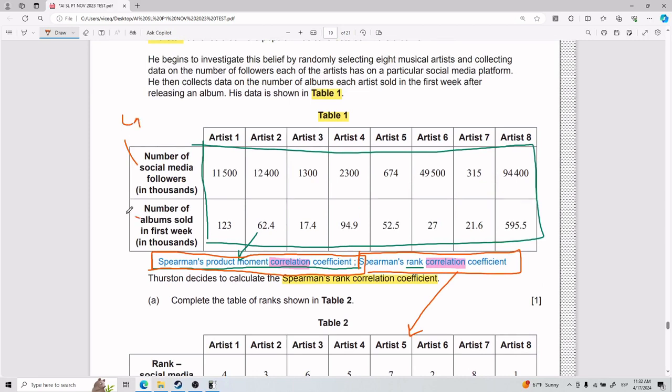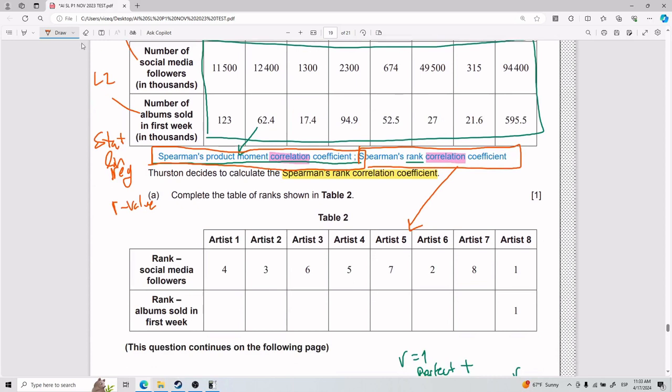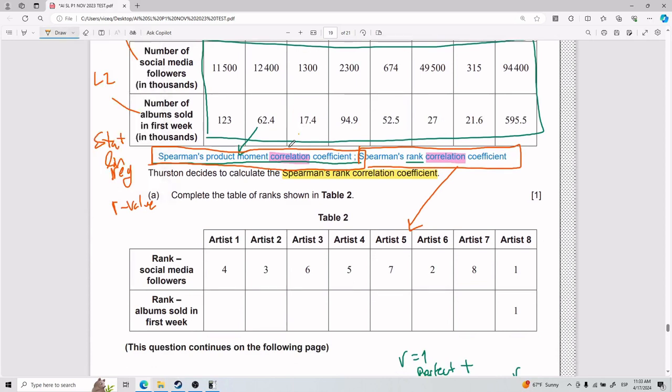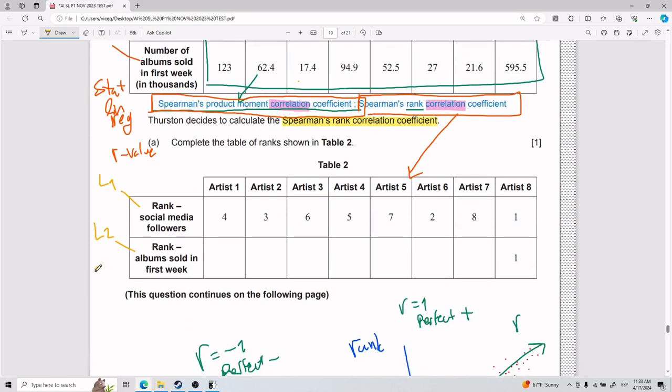And so I have a couple of videos doing Spearman's product moment correlation coefficient, but basically this would be all 1, this would be all 2. You go to stat, line reg, and you're gonna get your R value, okay? And for this one, it's actually the same thing. So you can sort of boil it down that the procedure for finding the correlation is always the same. You're going to write down this is L1, list 1, this is L2, list 2, go to stat, go to line reg, and this is going to give you your R value, okay?